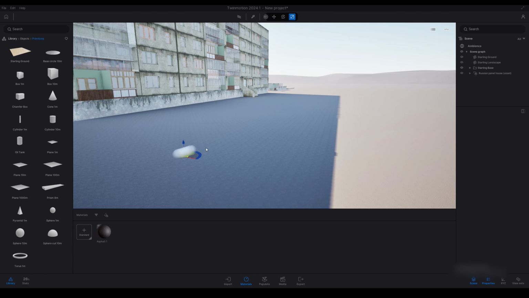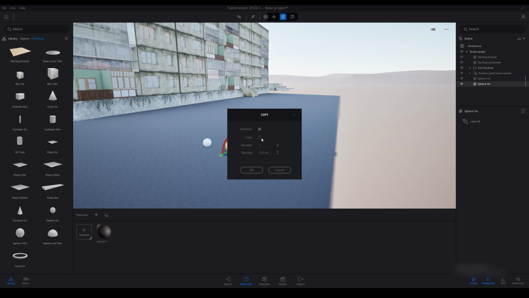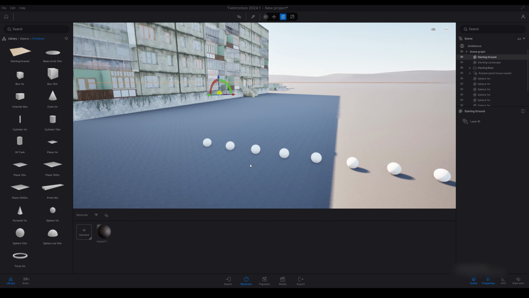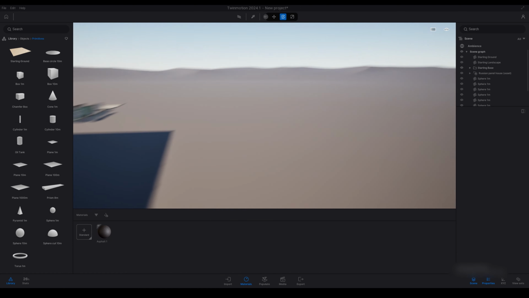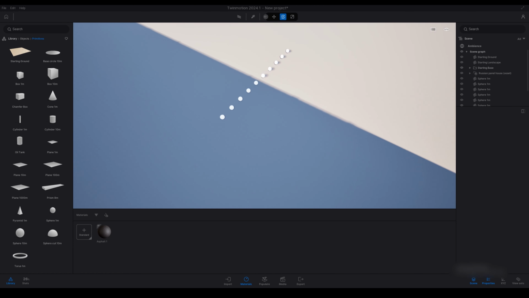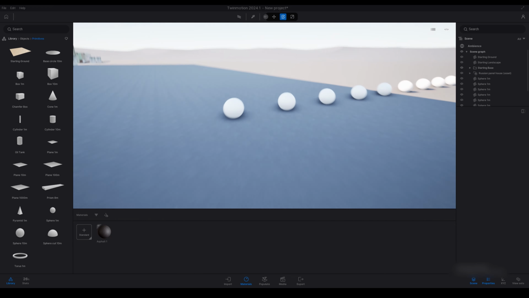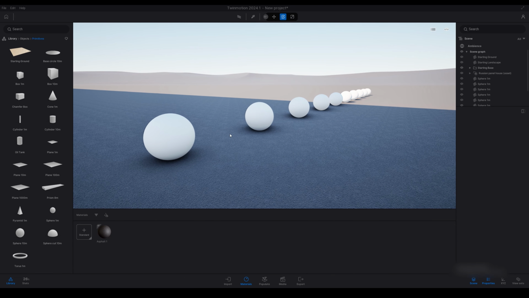So now I'm just going to go ahead and create some spheres. Just going to create some copies of those. So first of all, I'm going to create a standard material.